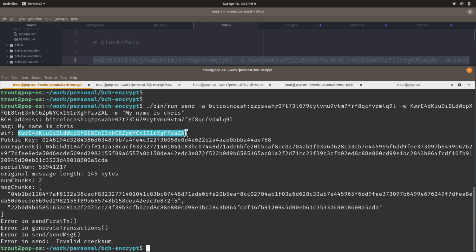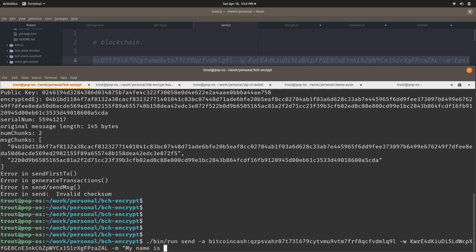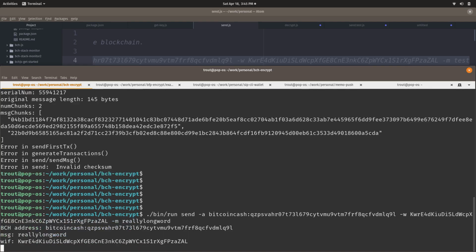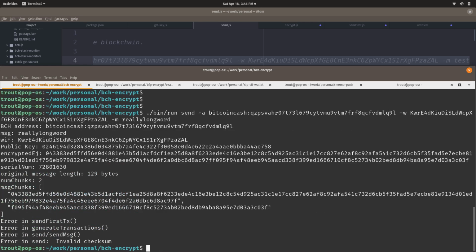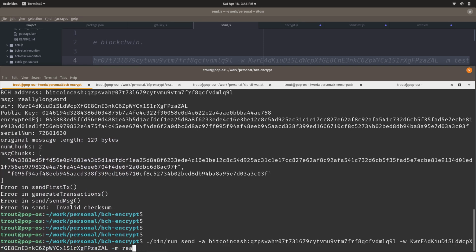Here is the WIF that I'm using, the private key I'm using to pay for the transaction. Oh, okay, we had an error. I hadn't tried it with a string like that, so I'll just use a single word for the demo. It still doesn't like that. Okay, I'll go back to the one that was working.